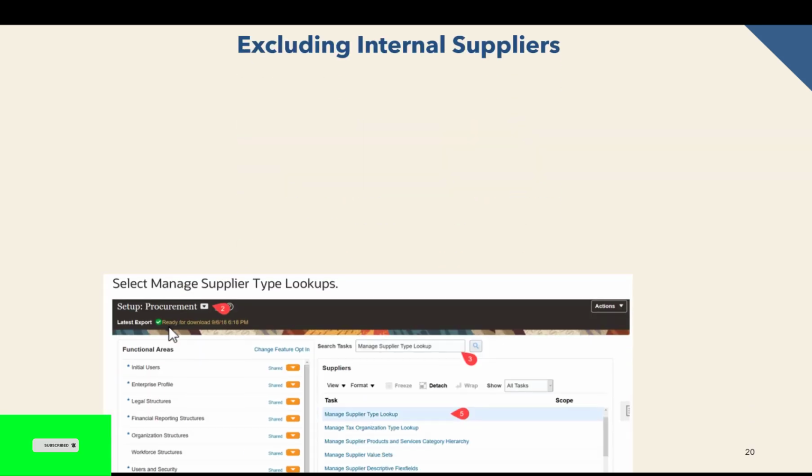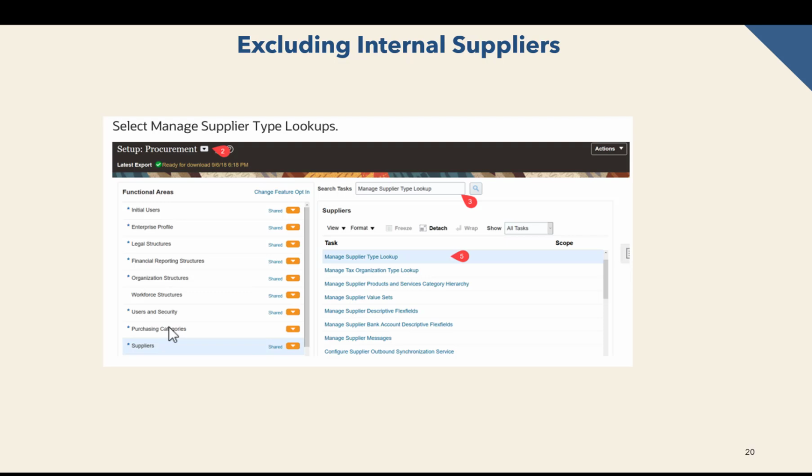Excluding internal suppliers. For example, if you have suppliers that generate invoices used for intercompany or internal use, you need to indicate these suppliers by using a specific supplier type. Add that supplier type to the suppliers. If it doesn't exist, then add that supplier type to the EP_EXCLUDE_IMAGE_VENDOR_TYPE